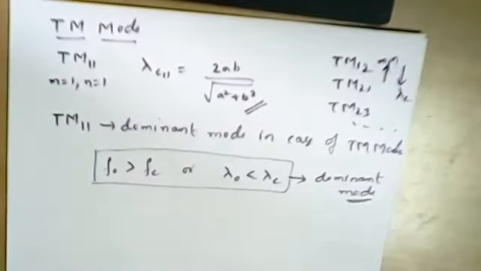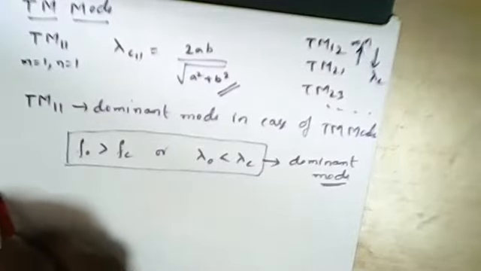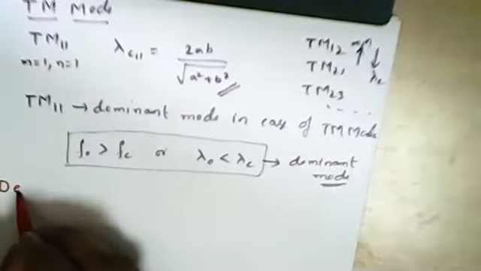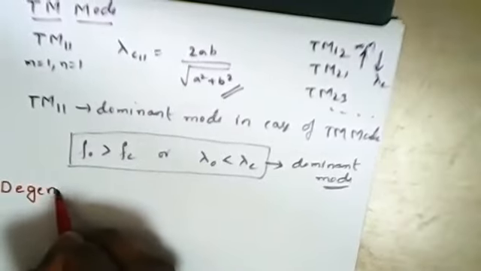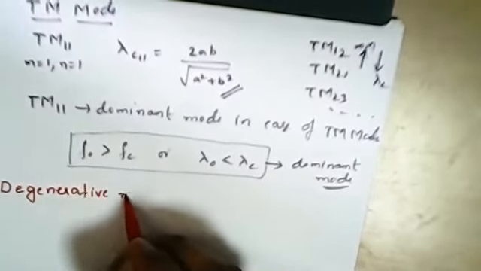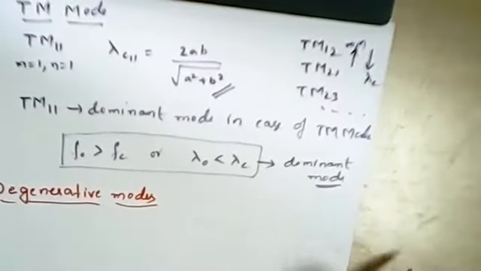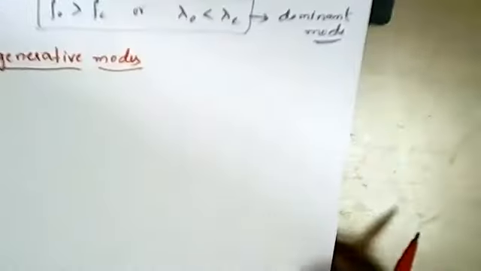Okay, after this concept, I'm going to explain about the degenerative mode. It's another concept. I think it's been clear for you. I'm going to explain another concept, degenerative mode. Please, you can take the screenshots wherever it has been required, and you can practice this, and we can maintain running notes, so that it should be familiar for you, whatever the topics we are going to discuss.